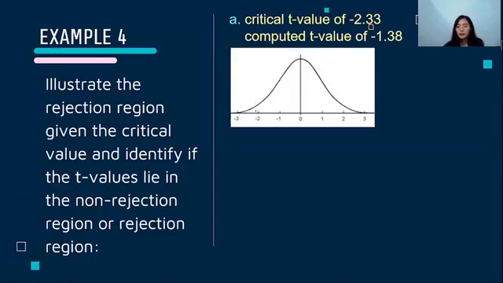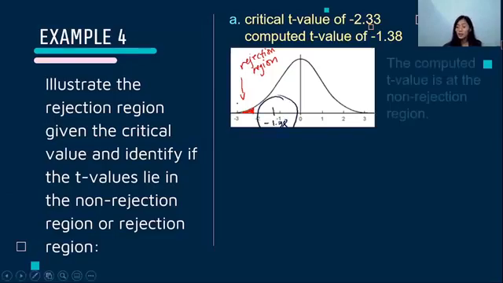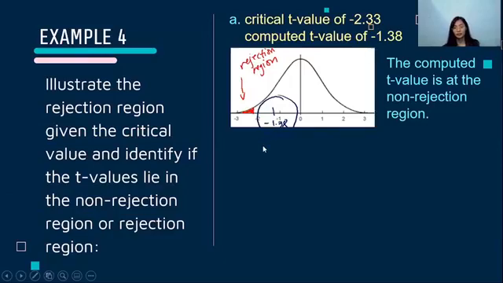So negative 2.33 here. Right, so this is our rejection region. Right? And for our computed t-value, our negative 1.38 is somewhere located here. Negative 1.38. And our t-value here is at the non-rejection region because it lies outside the rejection region. Okay? Next,